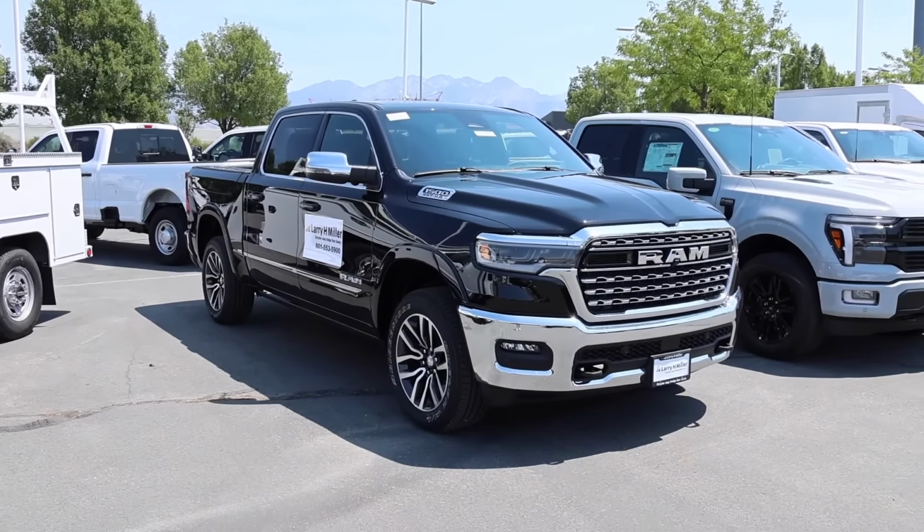Up first is the Ford. Here's the description with the colors and a short listing of the standard equipment. And here are all the options. So this is considered the base model for the Platinum trim, okay? Now here are all the options. It has a Power Boost powertrain, FX4 off-road, and then Pro Access tailgate was actually removed for $270, okay? Now as far as the destination and total price goes, you see destination is 1995, total price is